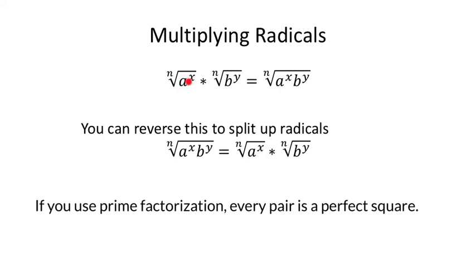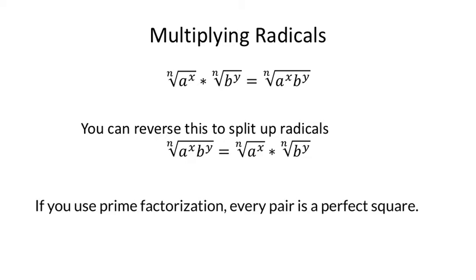If you see that you're multiplying, these bases don't have to be the same, but if the index of the root or the radical that you're multiplying is the same, then you can actually combine those into one individual multiplication problem. But with that skill, you can actually start with combined multiplication and then separate the two. So this is good